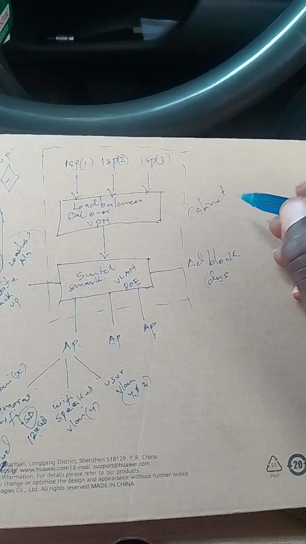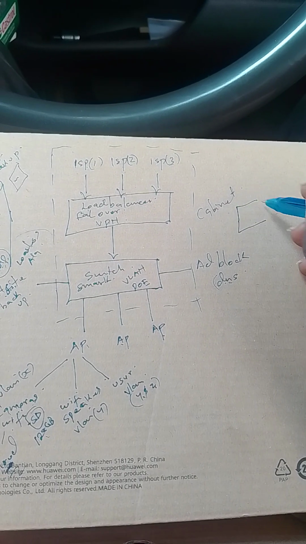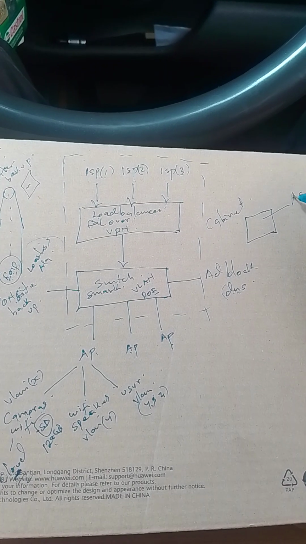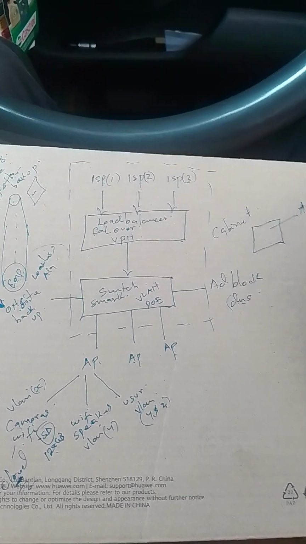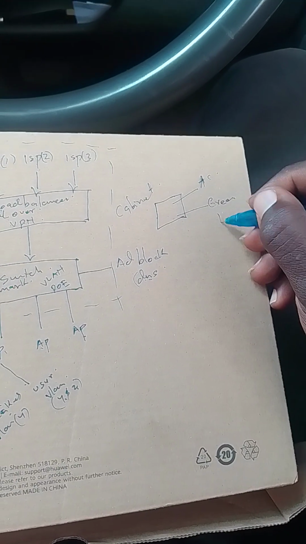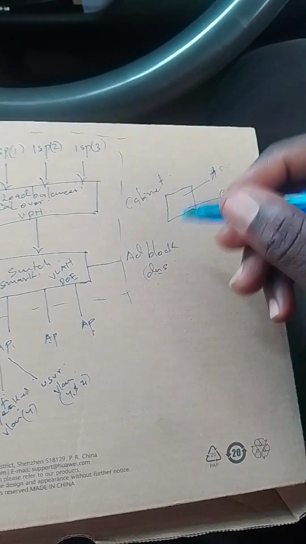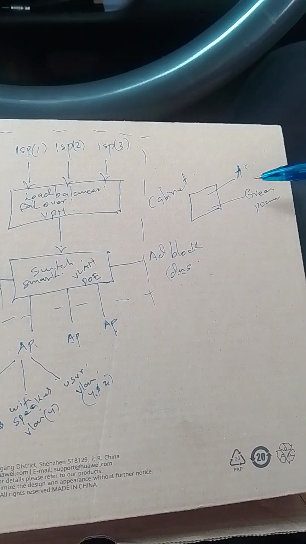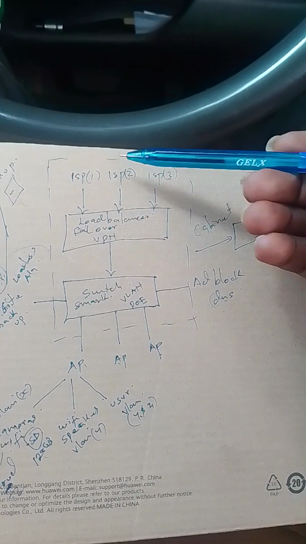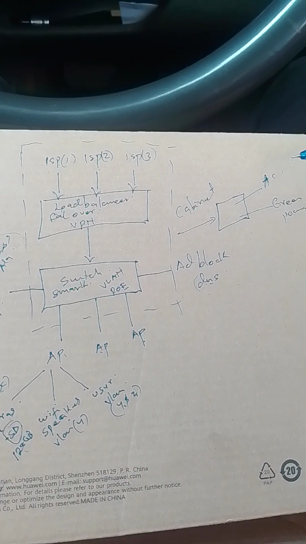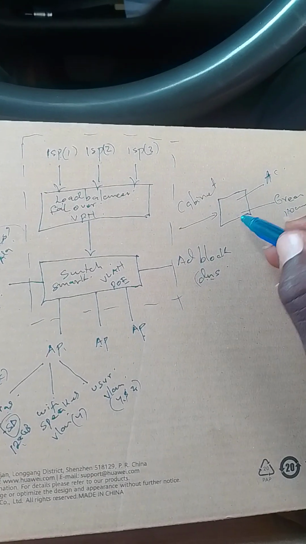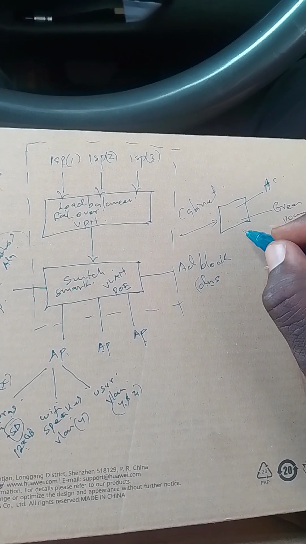And then on this cabinet, we're going to do redundant power on it. So we are going to have alternating current, that is what you're used to. And then we are going to have green energy, green power. And then this power is connected to the cabinet. The cabinet in turn powers everything. That means alternating current will charge our